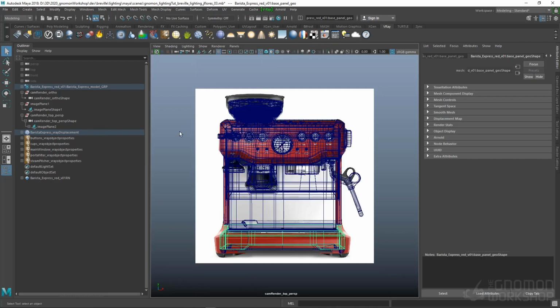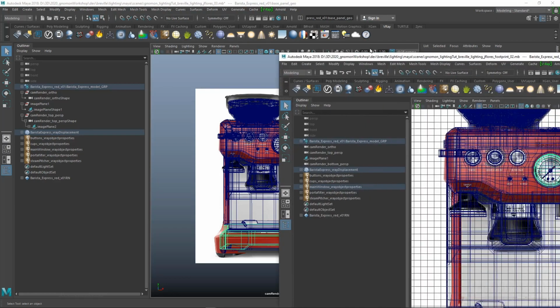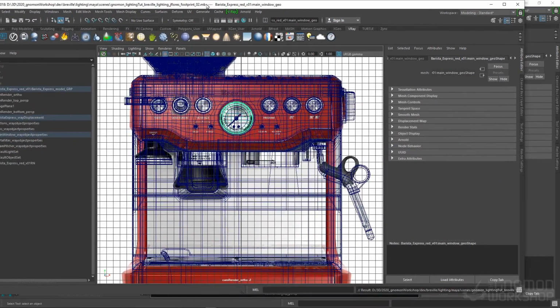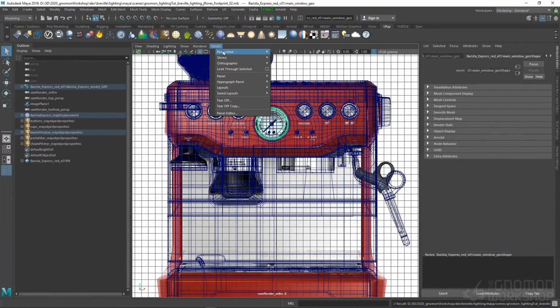So this was my process. This was me setting up the ortho camera for those sections, and now I figured out that the top is slightly tilted and the bottom might be a different tilt. It's the same process for the bottom. What I did was I created a new perspective, brought in the image plane, and just started trying to align it. Now I have another scene here. I'm just going to drag it over. This is what I was working on earlier. And so I have a cam render bottom,